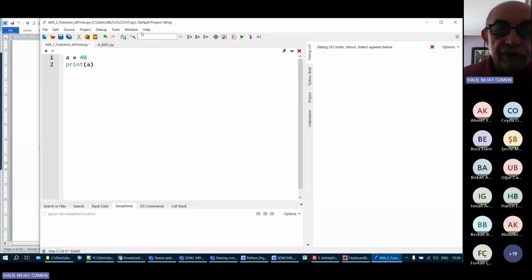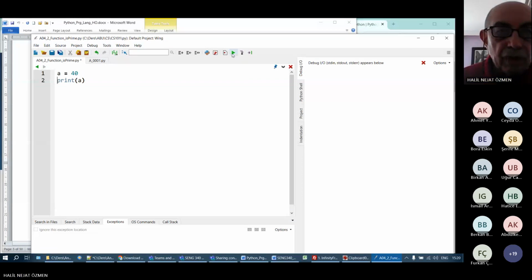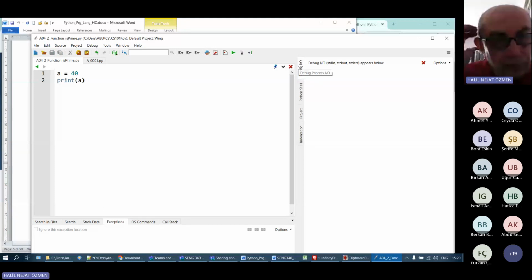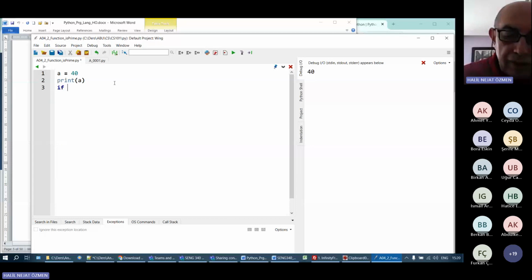Now I can run it. By the way, let me move it here. OK. I will see the output will be displayed on debug.io window. This is the debug.io window in Wing Personal. Now let's put here an if statement. If, let's say, a less than 10. I will explain the if statements, etc. later on. And here, let's print